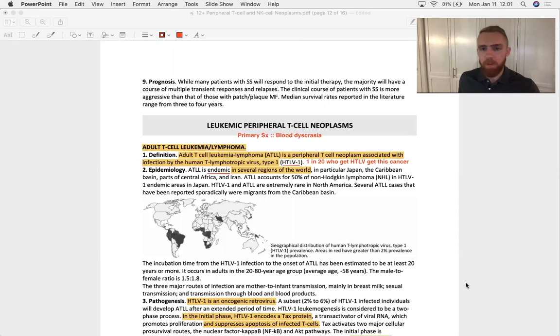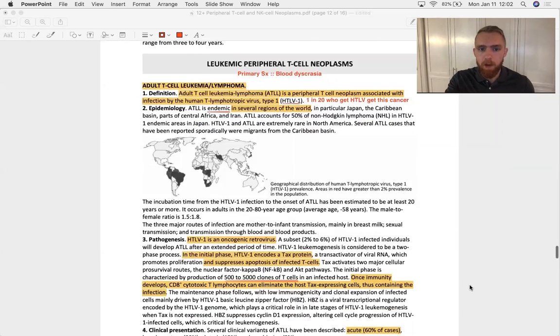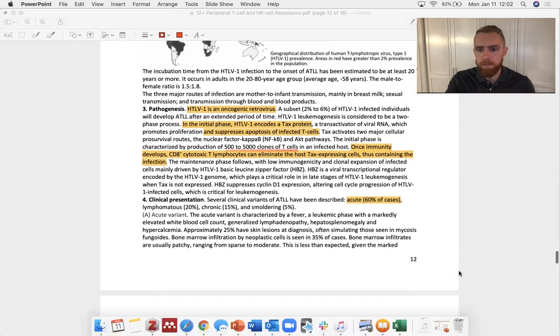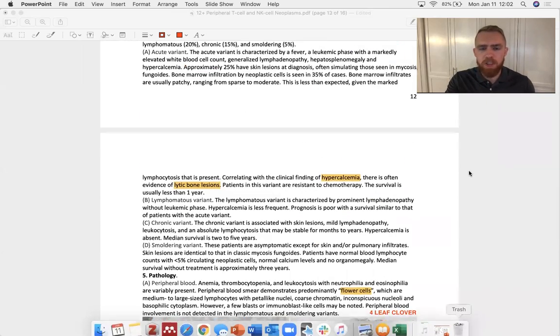Now, from what I've seen in First Aid, Pathoma, they don't really care about if you know what the virus does because it is a very rare virus. They care about, do you know what kind of cancer arises from infection with that HTLV1 virus? And it's this, adult T-cell leukemia. So the virus gets into your T cells, messes them up, initiates clonal proliferation of T cells. There's your cancer. And what's particular to